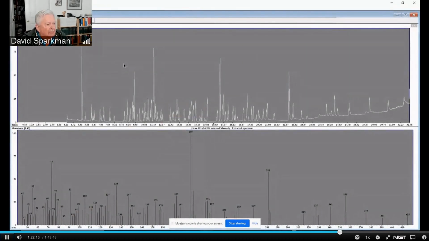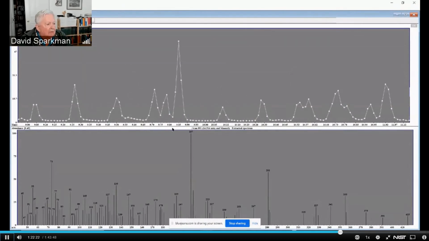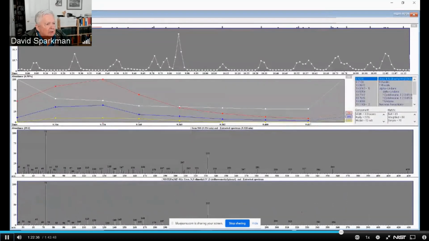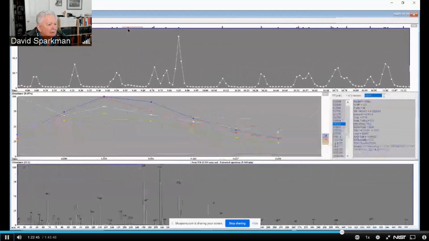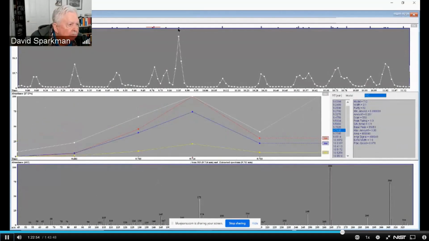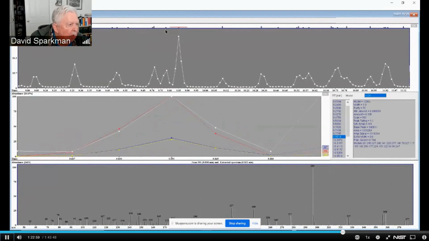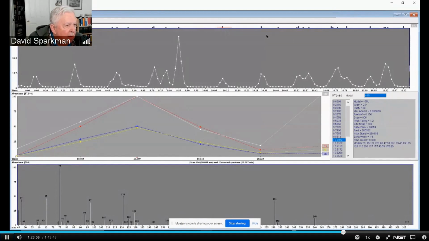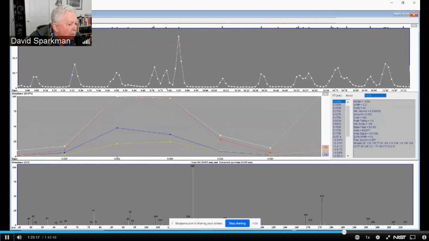And here comes up and I'll take this section and remember that our component is down in this region, and I let AMDIS process it, and well,